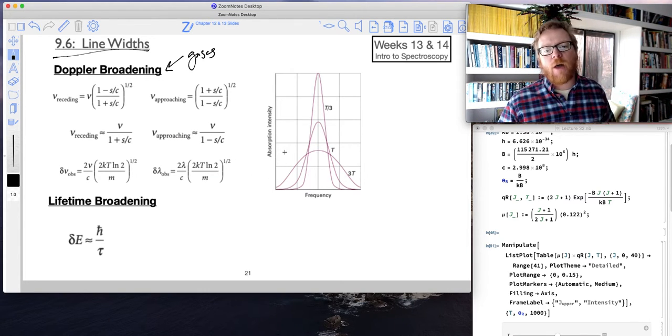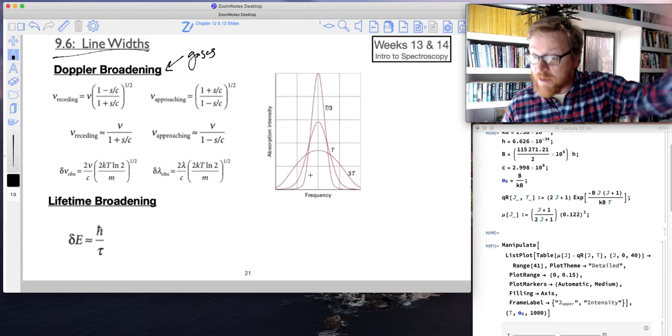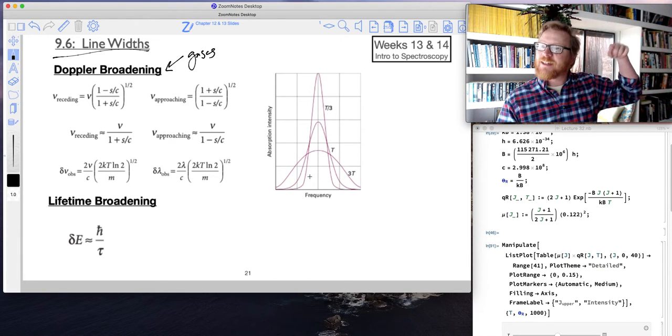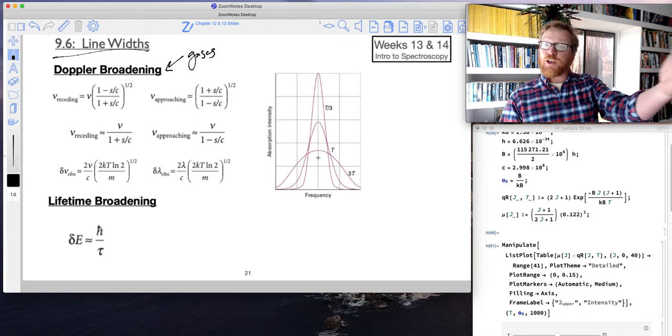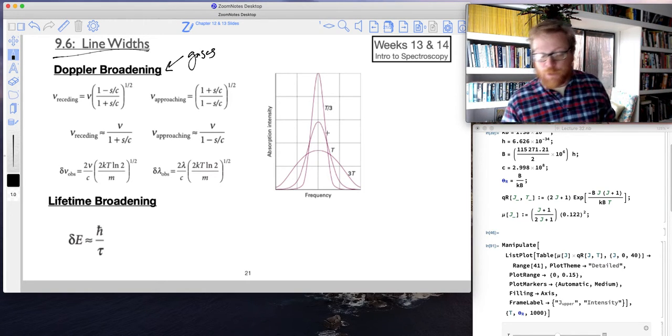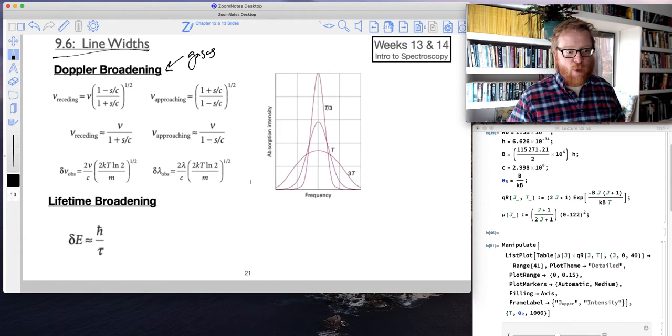And you've all observed this all the time. The classic example is the ambulance or the police car driving by you. You can hear the frequency of the siren change as it's approaching you and then as it's receding from you. So that's due to the Doppler effect. I'm not going to spend a whole lot of time going through these equations. The main thing that I want to point out is all of these equations lead to a